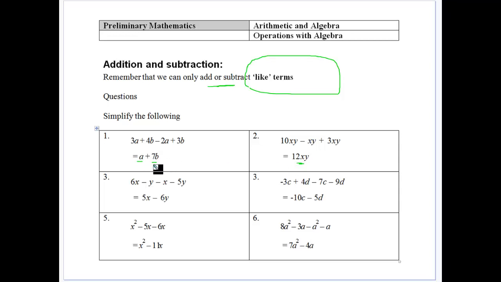It doesn't have to. It can be two separate terms, and that's as simplified as we're going to get. We can't write that any more simply. So that's as simple as we can get there. With this one, well,